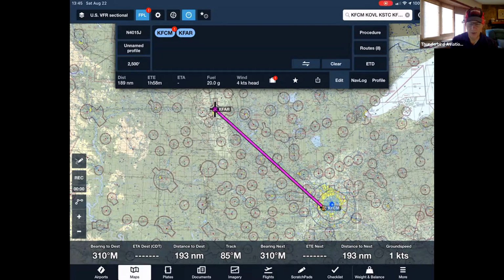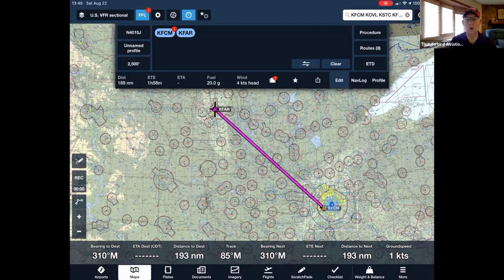Some of the high end versions not only give you the ADS-B in weather and the ADS-B in traffic around your airplane, but will also have a GPS system inside the box that can be used by your ForeFlight system to position the airplane as you fly along, and thus you'll be able to pull up all that weather information as you're flying along. If you don't have one of those, or don't want to spend the extra money, or you're not flying with an airplane that has a Stratus system already in it, giving you the ADS-B in information through a Wi-Fi signal right to your iPad or phone,